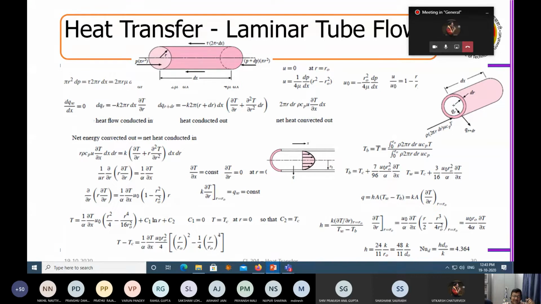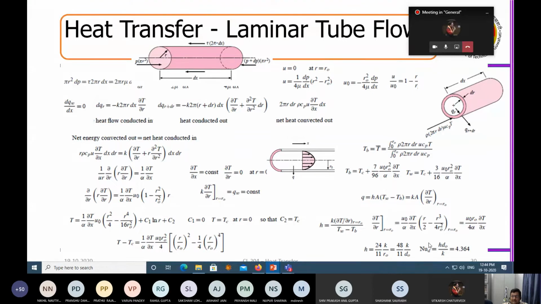From the shell balance, first I can get the velocity profile. Once I get the velocity profile, I do an energy balance, and in the energy balance I keep the convective part alive, which I was not doing when I was doing the conductive heat transfer. If I keep this part alive and integrate with this velocity profile, I'll be able to get a temperature profile which will include this velocity. From there I can obtain all the heat fluxes, hydrodynamic stresses, everything, from this temperature profile and this velocity profile.